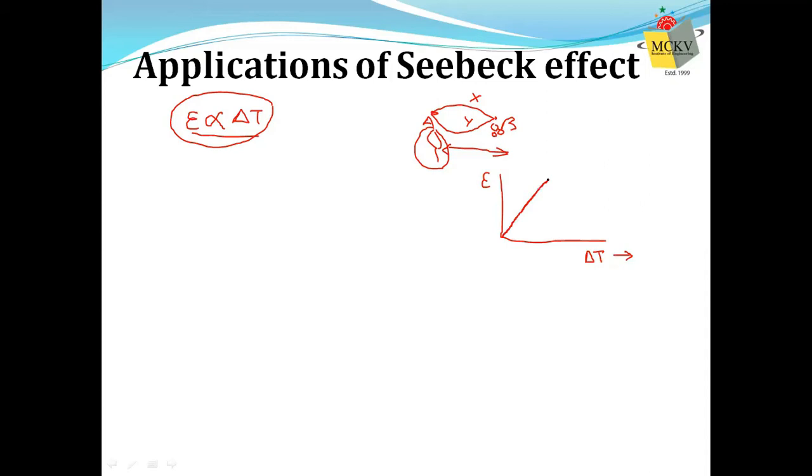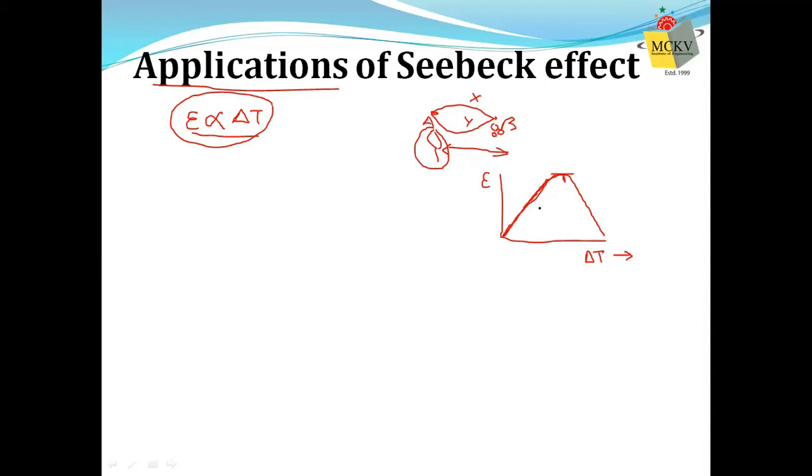And there is a point when it becomes flat and then it reduces. I'll show you the graph, but right now I want you to understand the applications of it. That's why I'm drawing the graph. This is called the neutral temperature, where it becomes flat. This is the linear region that we will be interested in. So this is the graph that you would have.